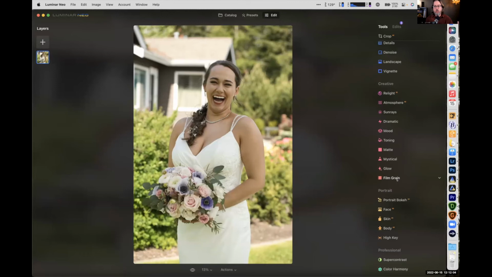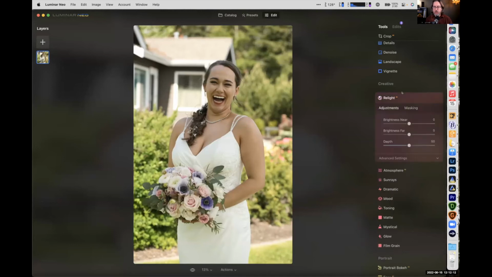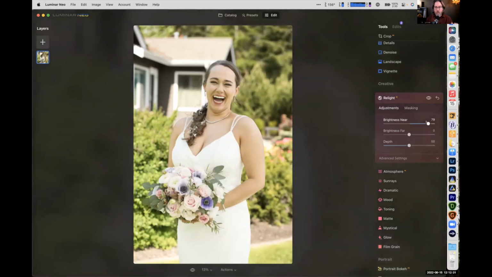Again, the software knows what's in the image. And there's a tool in Neo that's not in Luminar AI called Relight AI. And it has this brightness near and brightness far slider. And so I can increase the brightness near, and sometimes because this is Neo, it needs to think a little bit. And so what it's done is it has just determined that the person is probably the subject and has